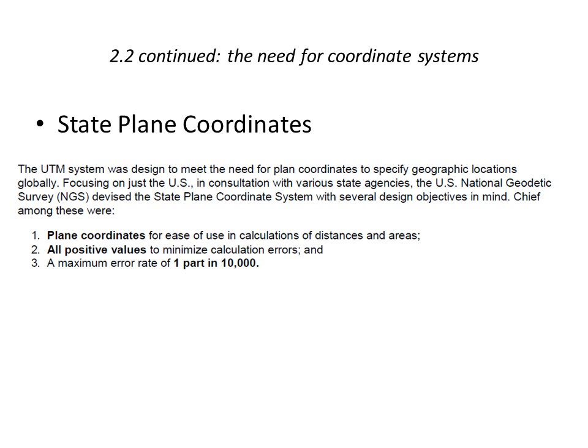The UTM system was designed to meet the need for coordinates to specify geographic locations globally. But if you look at local conditions, one of the important things that you'll find out about mapping is that because the Earth is not a perfect sphere, local conditions can vary. So in the United States, it was realized that it would be useful to have a state plane system with the advantage of having a local coordinate system that's meant to be highly accurate for mapping within that particular part of the world. And so plane coordinates were devised for that purpose